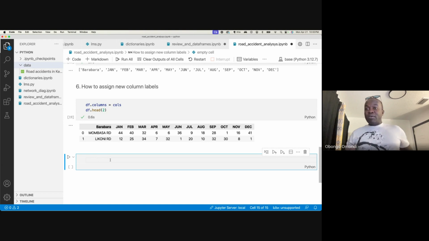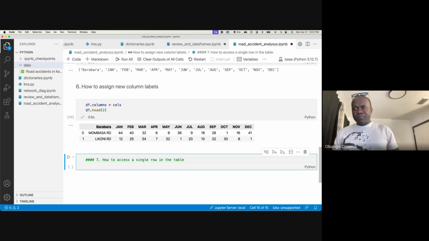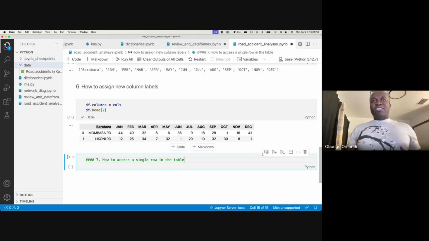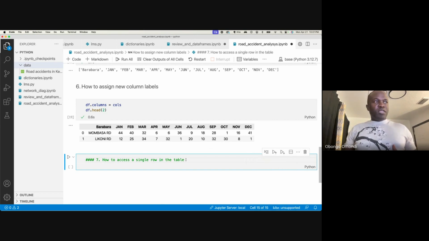So now what we're going to do is some of the things that we were learning last week, right? We're going to start to access things. So what I want to do now is, let's just call this one here, number 7, how to access a single row in the table. Yeah, there's so many ways, right? Some of which I've already shown you. There's so many ways to do this. This one is going to be a very interesting one. And then after we do that, we're going to deal with